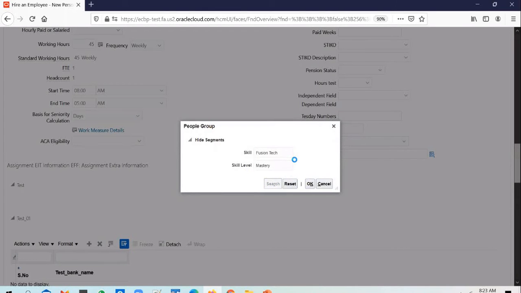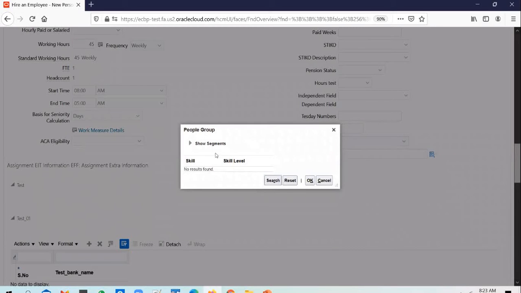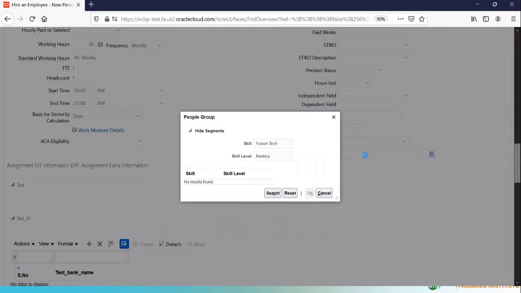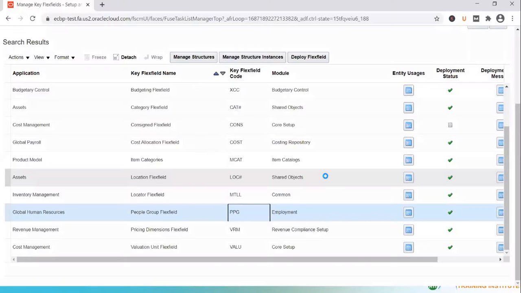and you can do a search, and that will see if the combination already exists, and it says there are no results found. What you can do is, that's okay, since we enabled dynamic insertion, even though this combination doesn't exist, it gets created on the fly. And when you click on OK, you will see that the combination gets created. And you will see the segments are delimited by dot because we have used a dot as a delimiter, right?